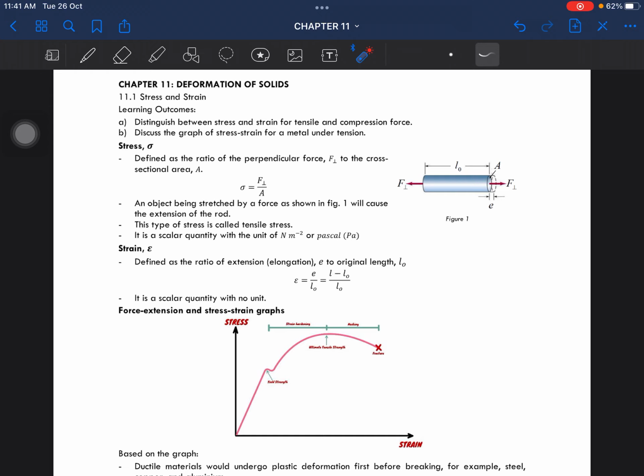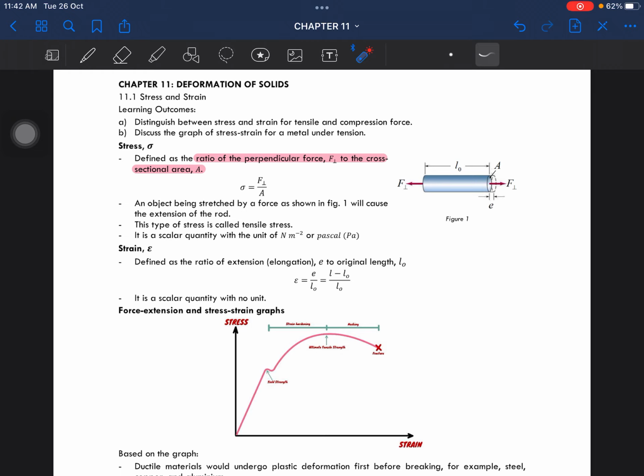Stress is defined as the ratio of the perpendicular force to the cross-sectional area. Mathematically we can calculate the force to be equal to this. What do we call this? I forgot. I don't remember. Okay, so an object being stretched by a force as shown here will cause the extension